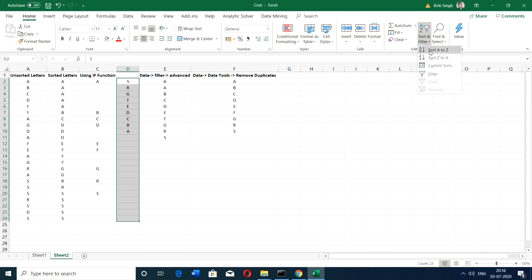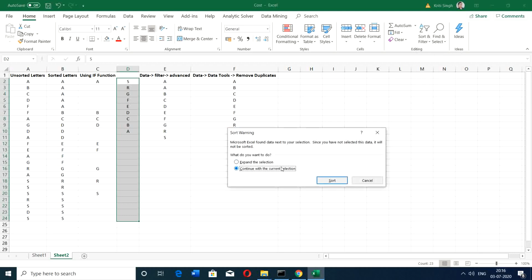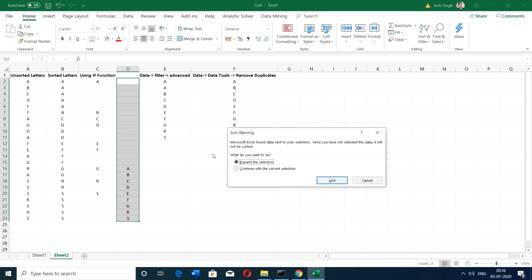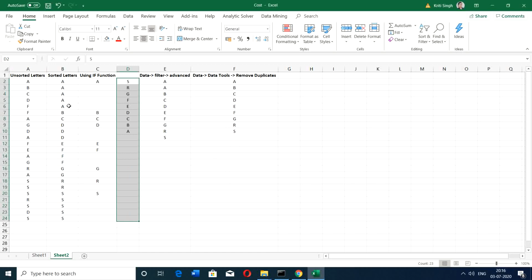Now, had I sorted it from A to Z, I could have done that as well. But the only problem with that is that it gives you the list of letters towards the end of your selection and not towards the beginning. So aesthetically speaking, I think it is better if you sort it from Z to A.